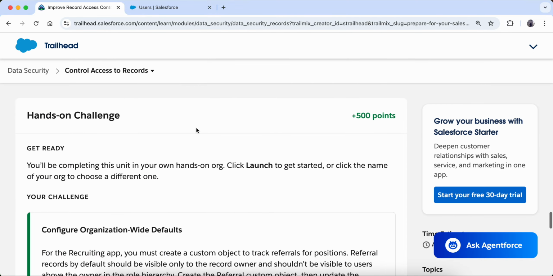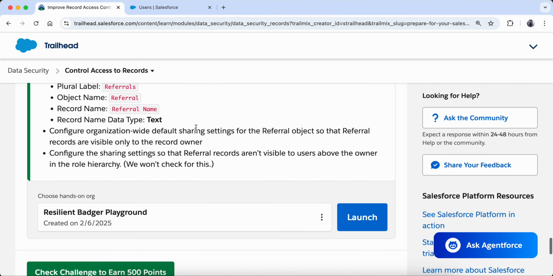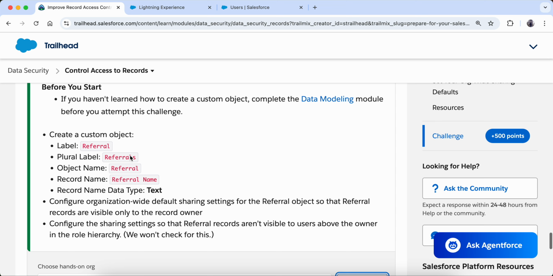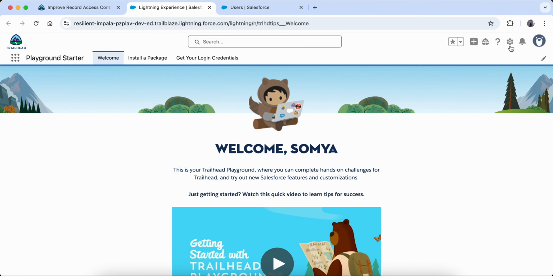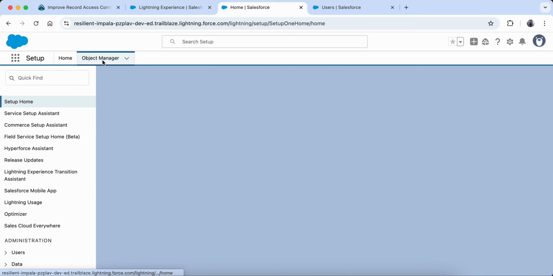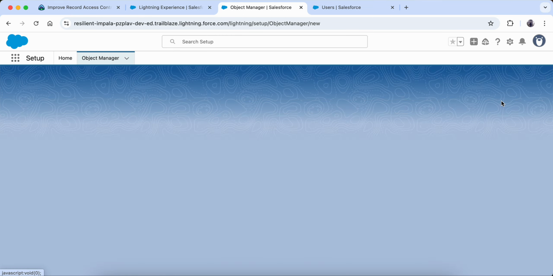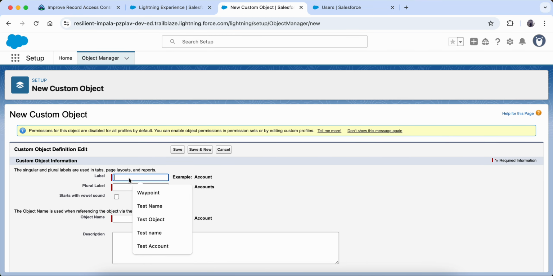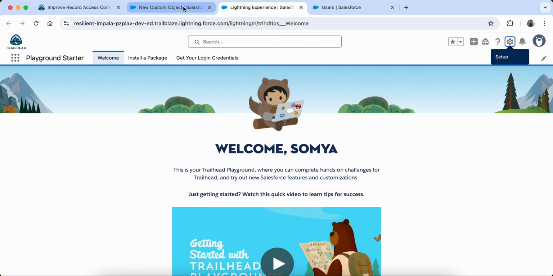Let me launch this playground first. First they are saying that we have to create a custom object here, because for that custom object I will show you how we can give the org wide defaults. To create a custom object, we go to setup, go to the object manager, click on custom object, and then what is the name of the object?